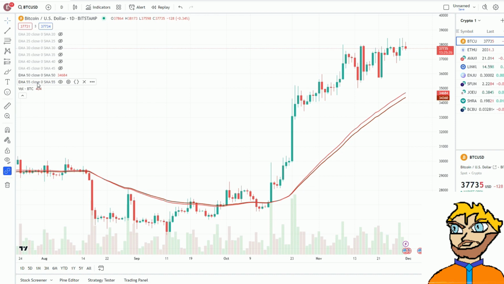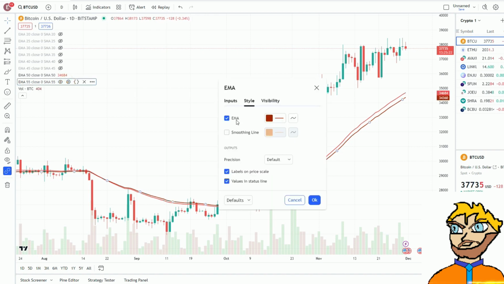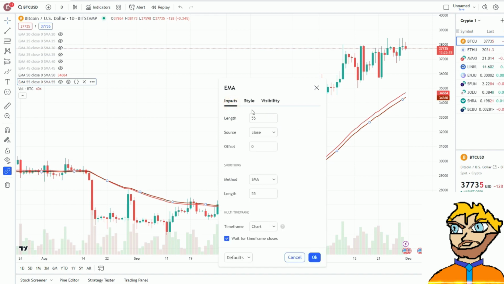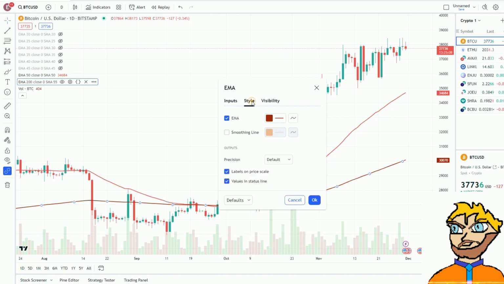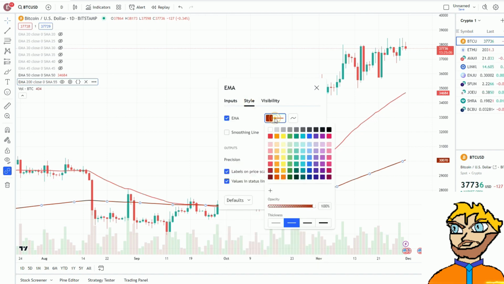We don't want the 55, we want to change that, so we go to Settings, then into Inputs, then Length, and we type in 200, and then we can change the color. So we go into Style, and I want to keep that red, I think, because that's the real